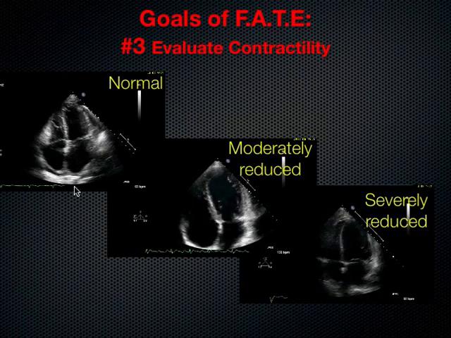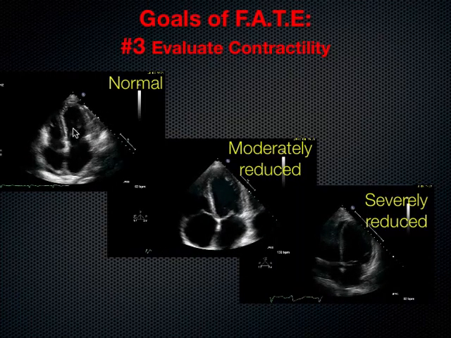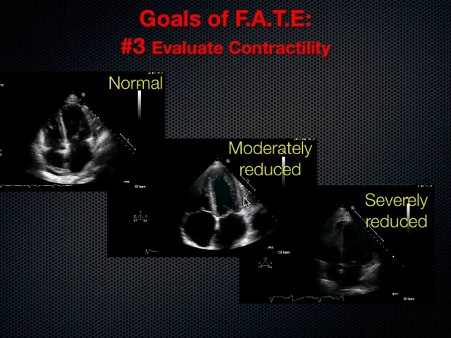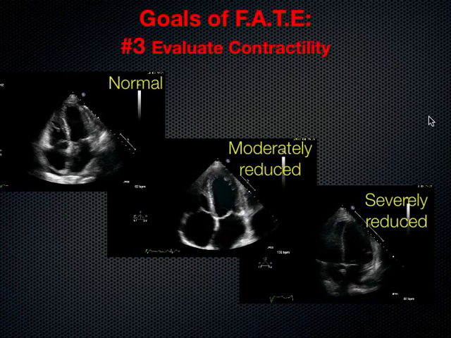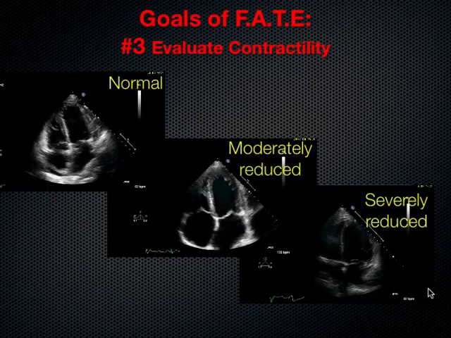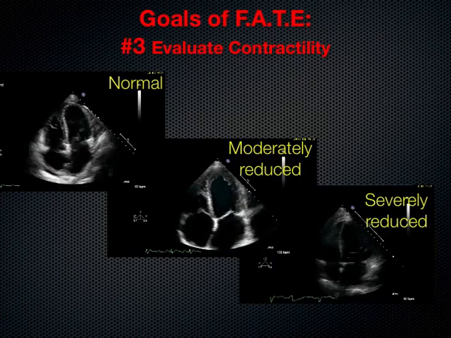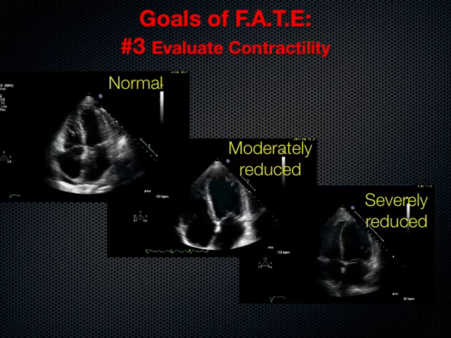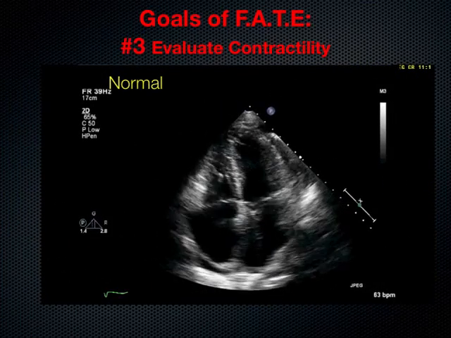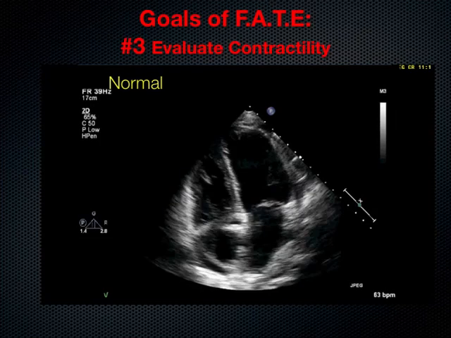So this is a normal apical 4-chambered view here, LV, RV, LA, RA. We can just look at the contractility. This one's moderately reduced. We see there's not as much squeeze here. There's not as much chamber size changing between systole and diastole. And finally, this is a very severely reduced LV contractility. We can see that there's really almost no change in the systole and diastole of the heart beat to beat. So again, just to blow it up, this is the normal, and then we can see the